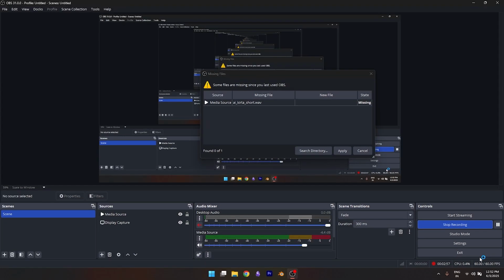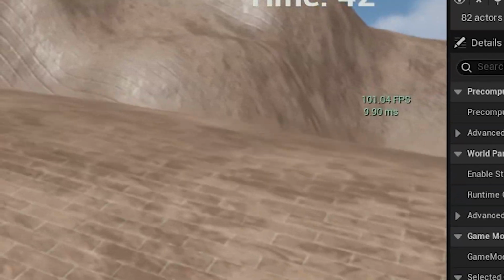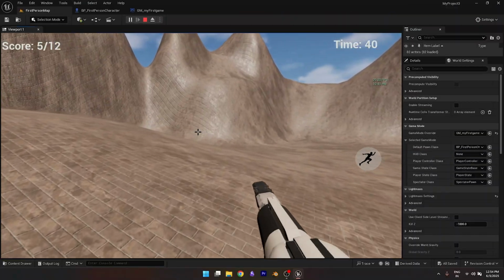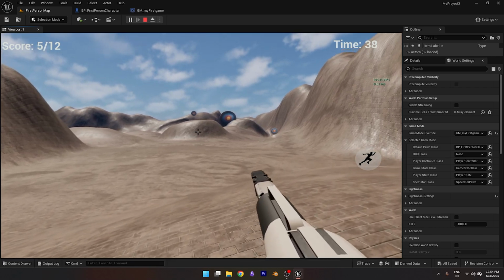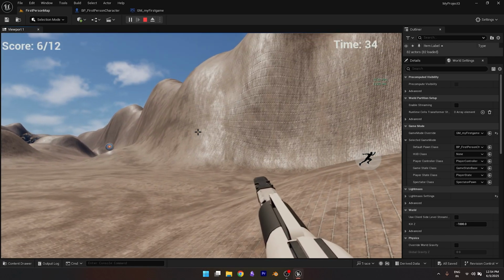Now let's restart Unreal Engine and see what we get. After restarting, we are hitting around 110 FPS, way better than before. On your system, it could go even higher depending on your specs. If you're still getting lag after all this, then yeah, you might need to upgrade your PC or consider a